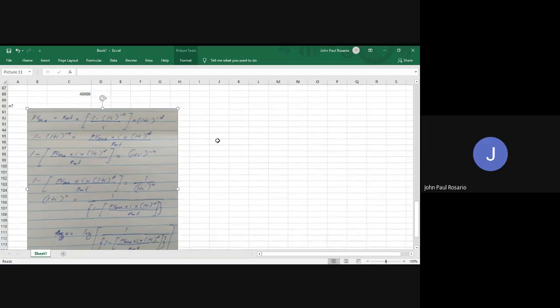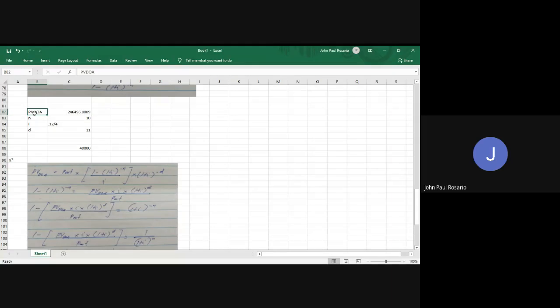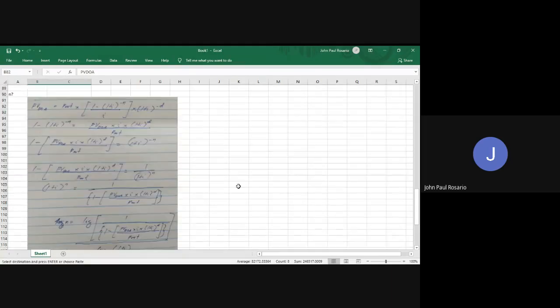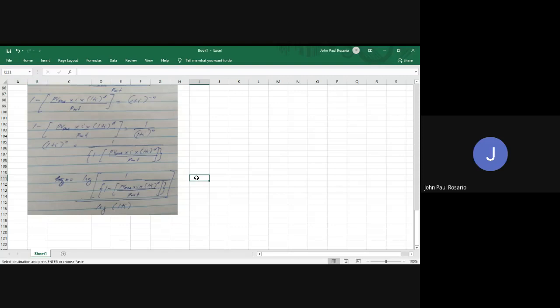Okay, sige. Now, our information is this one. So, payment is 40,000. Now, here is si N ang unknown. So, we don't know N yet. So, I want you to grab your calculator and then try to solve this in your calculators and let's see if you can get 10. Okay? So, I want everybody to try. So, let's see.